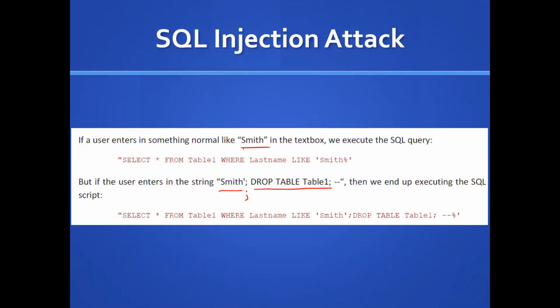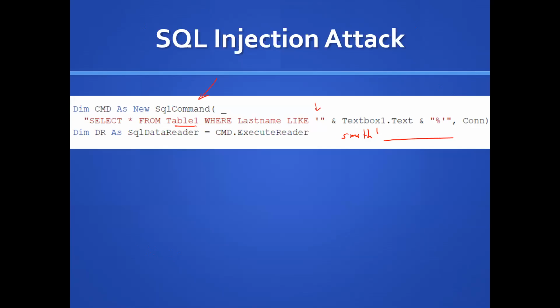Now, if you notice, the other element of this is that there's another semicolon over here, and you need to provide these two dashes. They provide a comment. So they allow you to comment out everything else. Why do you need to comment out everything else? Well, if we look back over here,